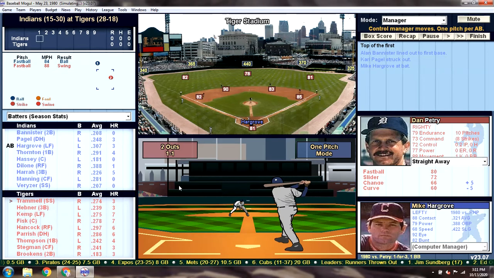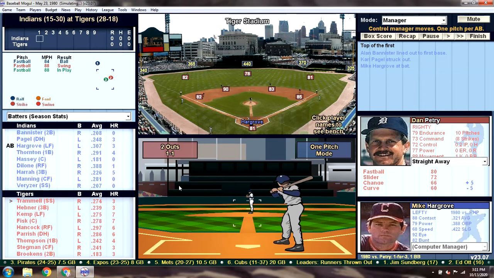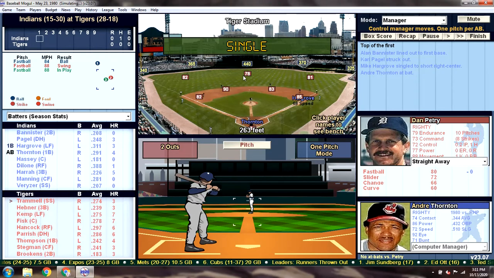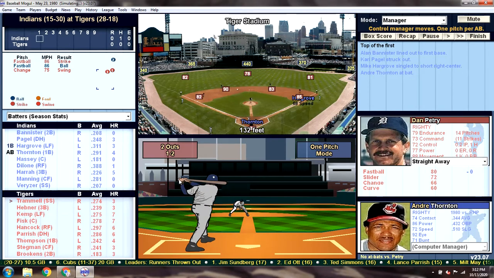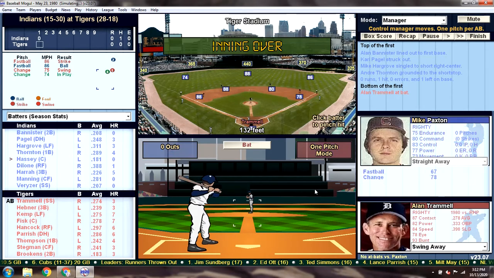And Mike Hargrove is going to fly out to center. Oh no, I'm sorry, that drops in front of Stegman. Wow, that looked like a fly out if I ever saw one. So base hit for Hargrove. And here's Andre Thornton, who's really been the only Indian hitter who's had any good luck against us. So Mike Paxton